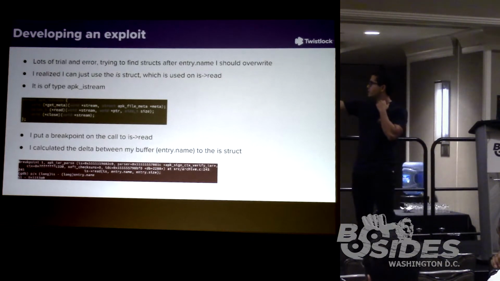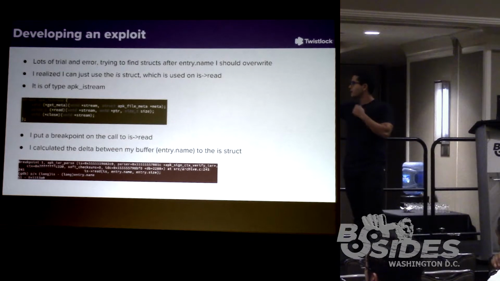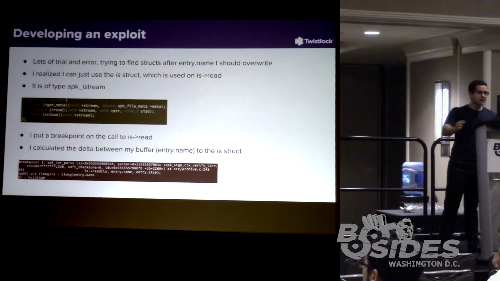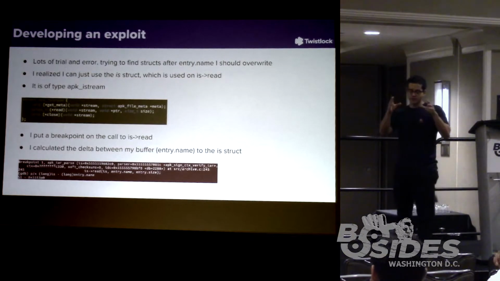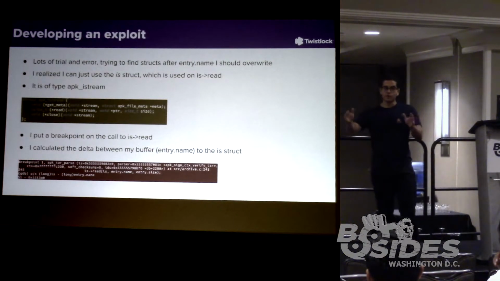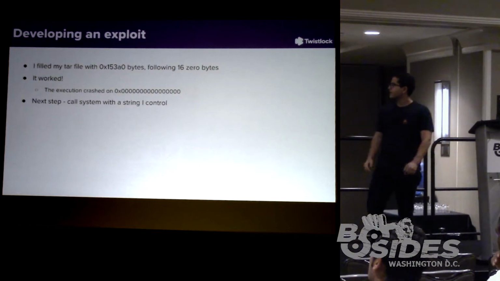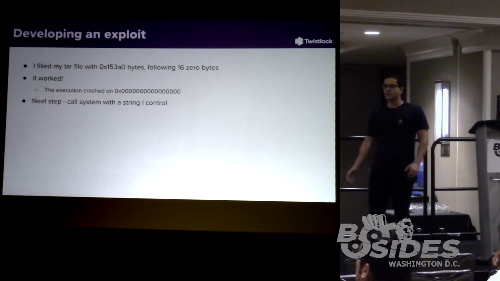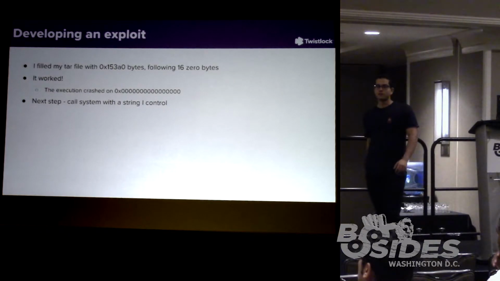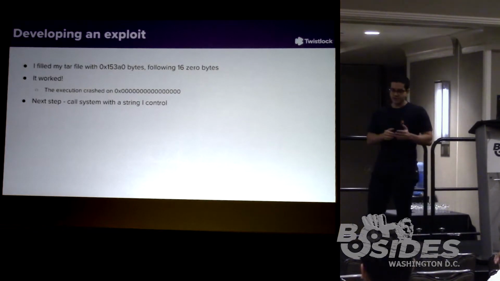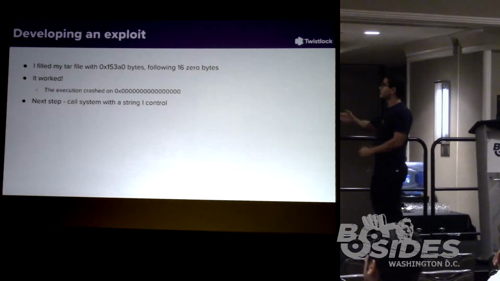Right? So you can see the difference between the long name, the entry.name buffer, and the IS struct is something like 0x1538 0 bytes. So on the heap, I'd have the one I'm overflowing, then all kinds of data that I don't know what's made of, and after that, the IS buffer. So I opened my tar file, the original one that I did the override in, and I put this amount of bytes with zeros or whatever random bytes, and after that I put just zeros. Now, that was pretty risky because if there was anything useful on those 15380 bytes that I overrode, I would crash it, but it just worked, and it crashed on 0,